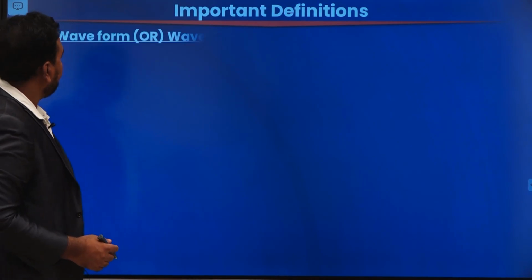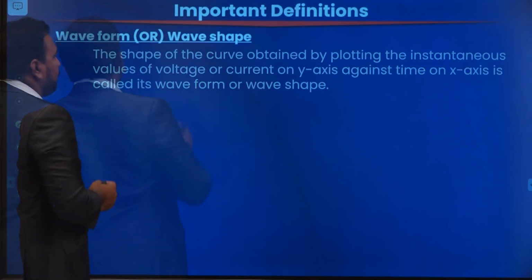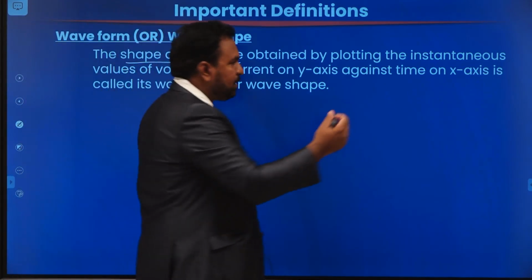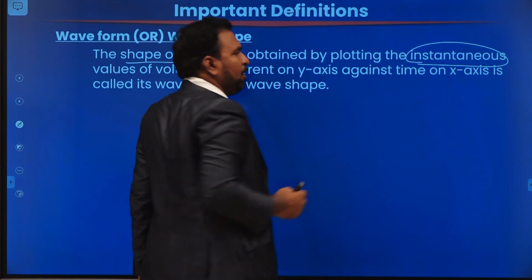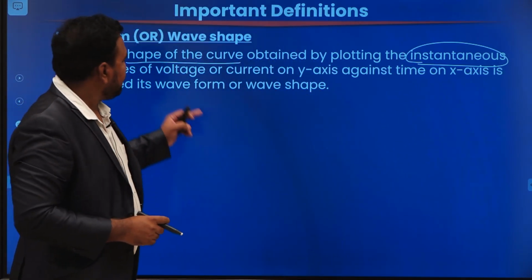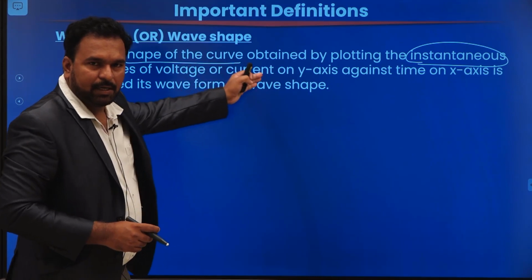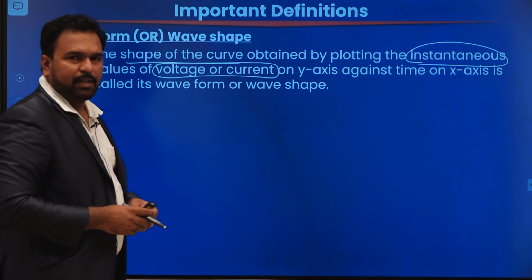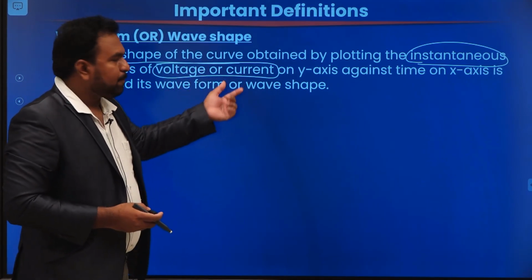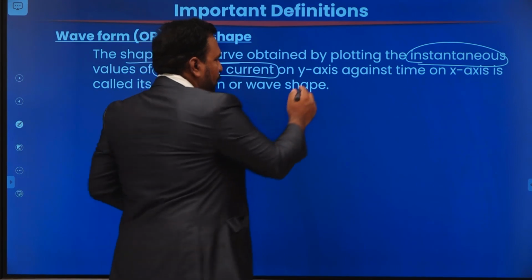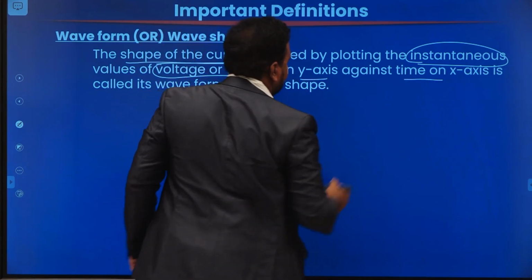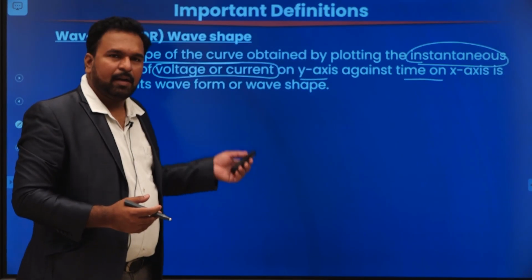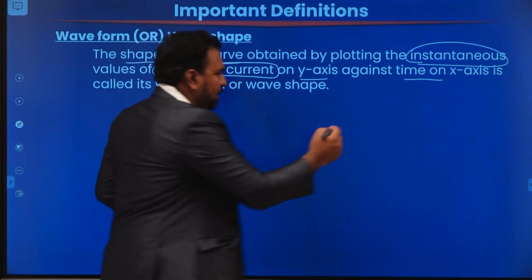Next one, waveform or wave shape. The shape of the curve obtained by plotting the instantaneous values of voltage or current. We can call it the instantaneous values of an alternating quantity. Instead of voltage or current, we can call it an alternating quantity, on the y-axis, against time on the x-axis. So when you draw a graph between time and any alternating quantity, meaning voltage or current,